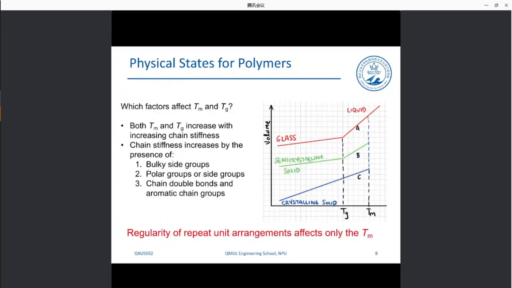So it is important to point out that the factors that we discussed the other days regarding what affects the temperature of the glass transition are very similar to the factors that affect the melting point, okay? And as I write here, both the glass transition and the melting point increase with increasing chain stiffness. So the stiffer the main chain that we have, the more thermal energy we need in order to pass, let's say for a semi-crystalline solid, from the glassy state through the glass transition and then through the melting point. And we saw the graph